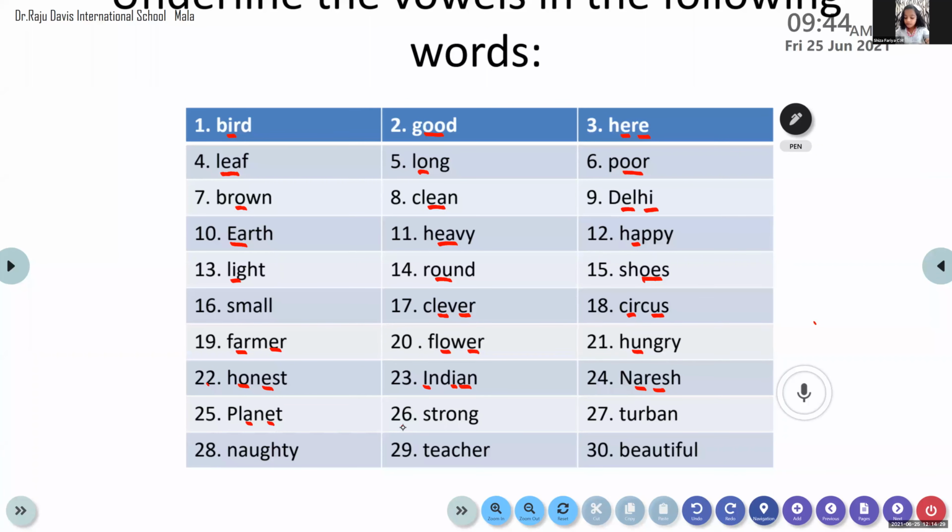One vowel. Very good. There's only one vowel. What is it? O. Very good. It is O. Okay. Yes. Thank you, ma'am. There are a few more words. Very good, very good. There are a few more. Okay, let me stop sharing.